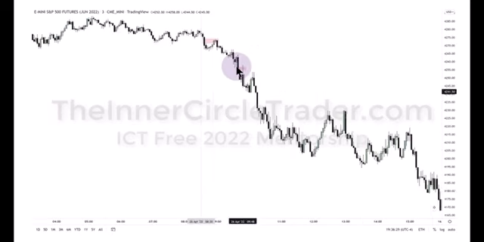Midnight, New York time, that opening price, I use that to trade the London open session. That's 2 o'clock to 5 o'clock in the morning. And also to help frame the idea, like say I sleep through London, which is 90% of the time what I do today. I don't do a lot of London session trading. Because of that, when I wake up and I'm looking at the market around 7 o'clock in the morning or so, I'm looking at what has happened overnight. And did we create a scenario that I would be looking to trade if I was awake during London?